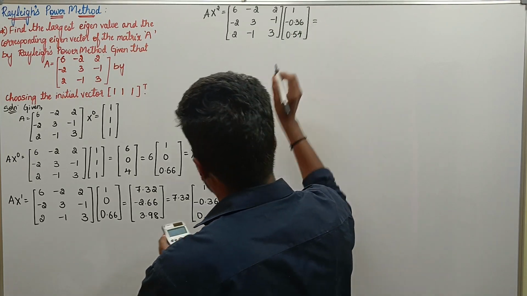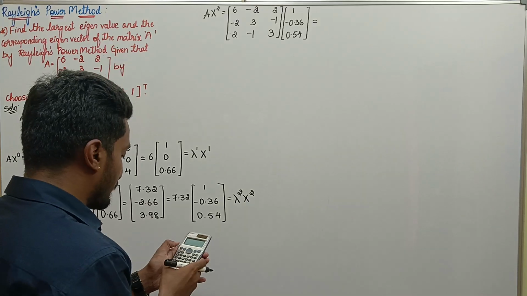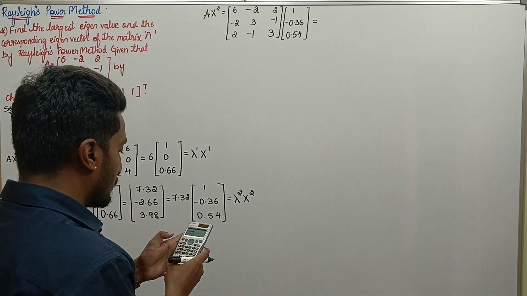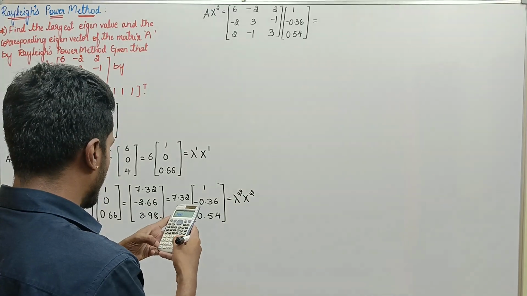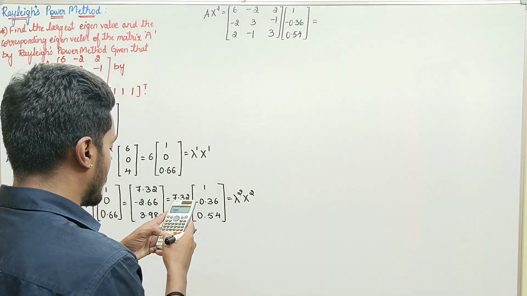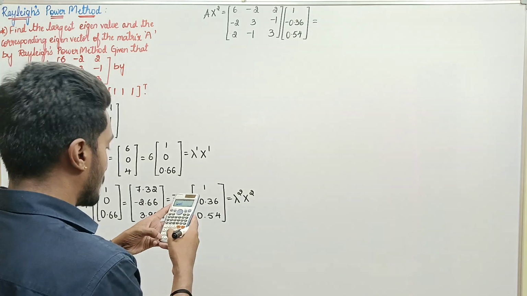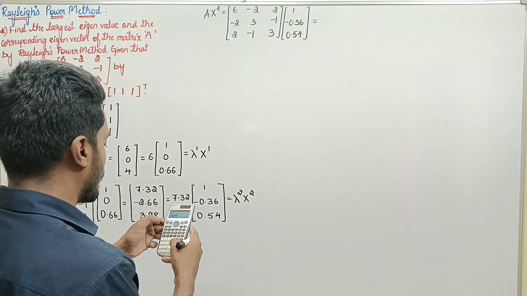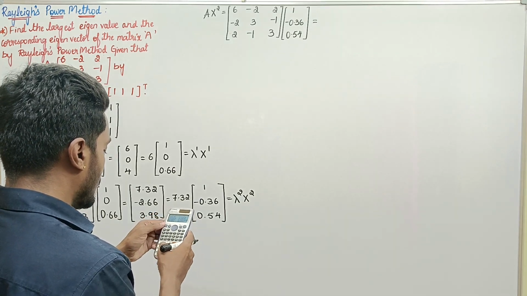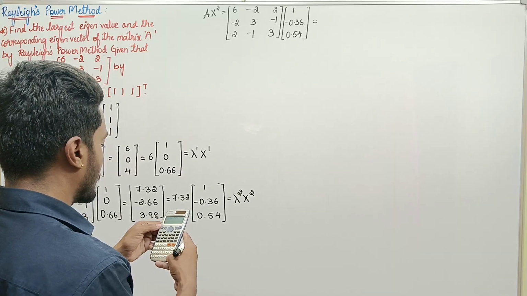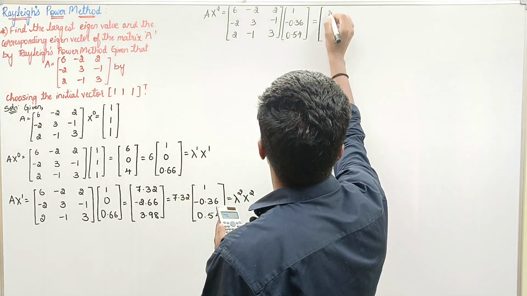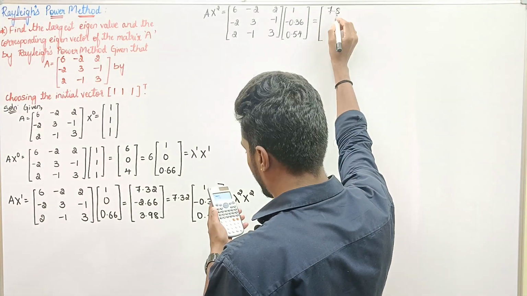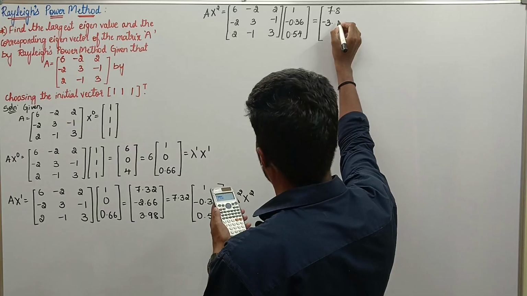Now similarly repeat, don't change anything, shift 4, 2 for data, just change the elements. 1 equals minus 0.36 equals 0.54 equals. Press AC, shift 4, 3, shift 4, 4, Mat A into Mat B, you get 7.8, -3.62